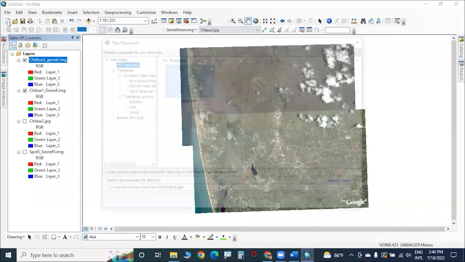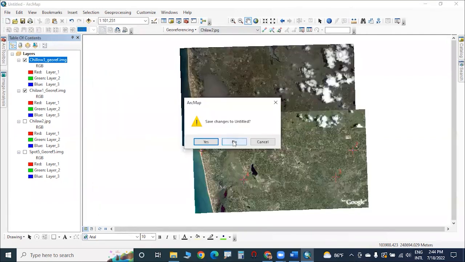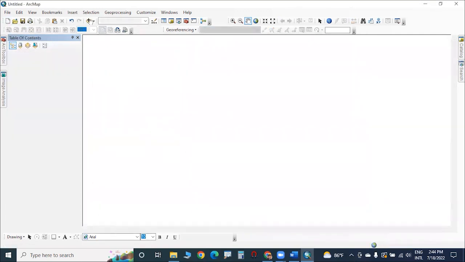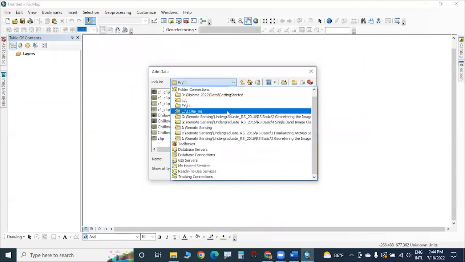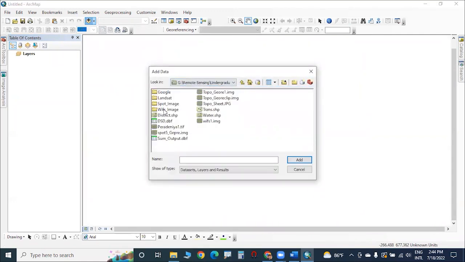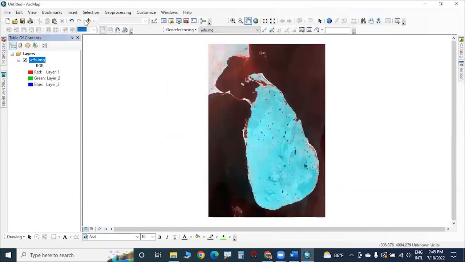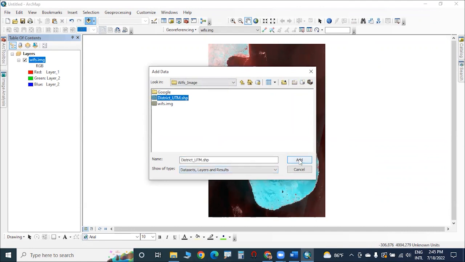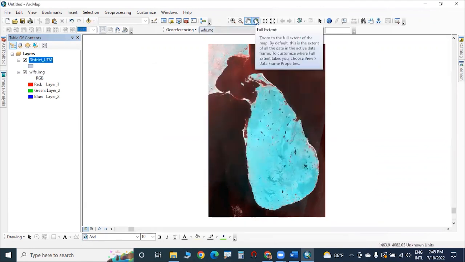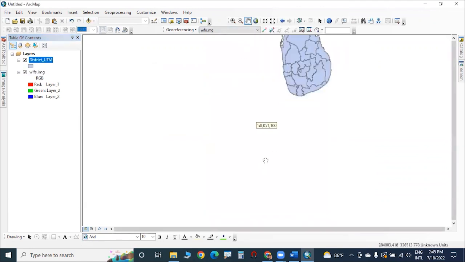Open our data set, go to new view, blank view, and no need to save. So go to the original location. You can see the WIPS image and the district shapefile. At first, add the WIPS image in the blank area and open WIPS. The other one is district UTM. Add, OK. And then click zoom to full extent, and you can see